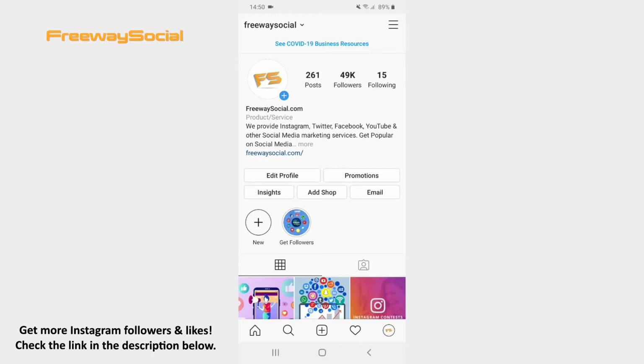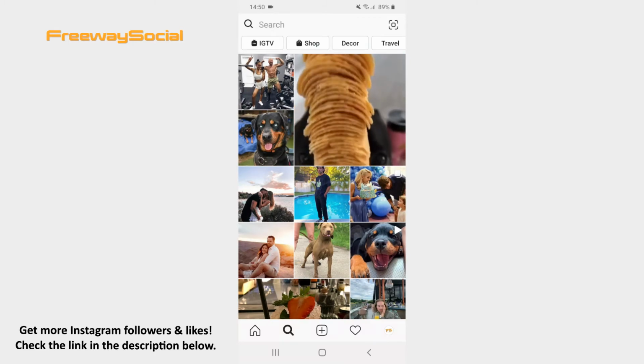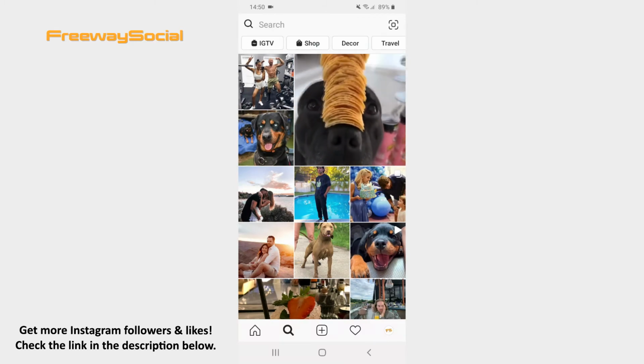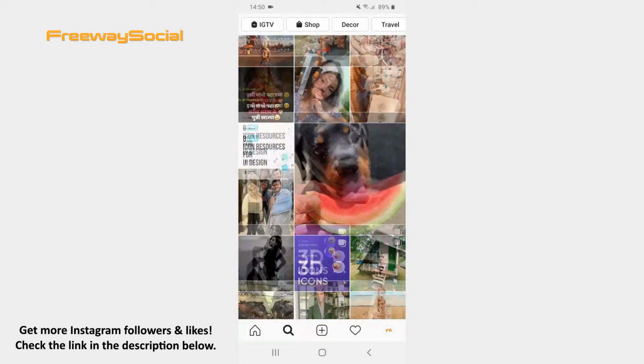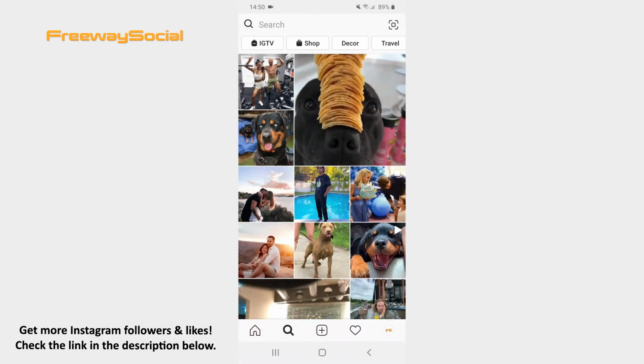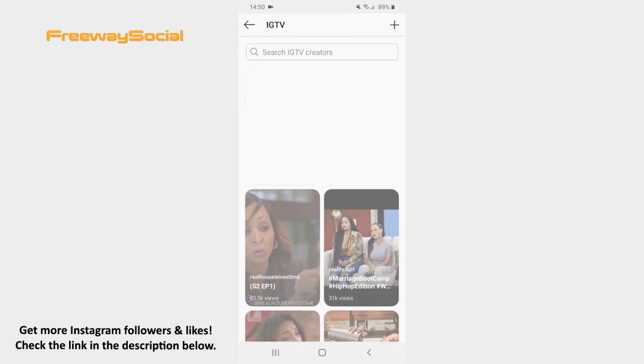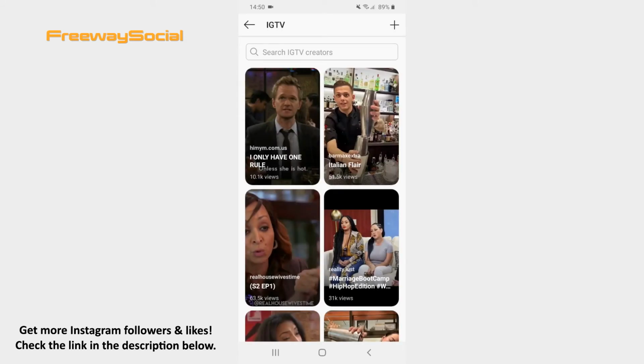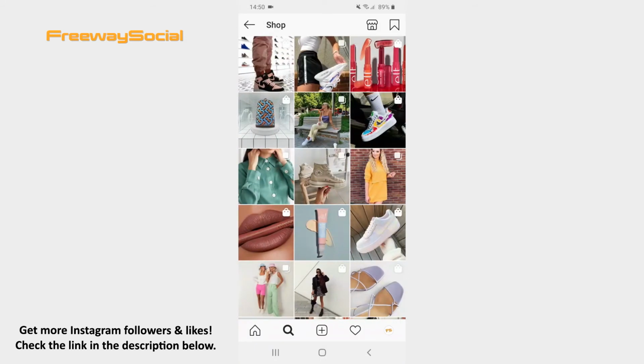Log into Instagram. Press on the Discover tab and the Explore page will appear on your screen. Here you can see the posts of accounts that Instagram thinks you might like but don't already follow. What is more, there are icons of the channels at the top of the page like IGTV, where you can watch different long videos, Shop, that allows you to make a purchase,